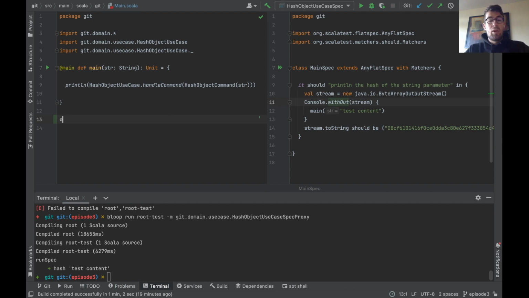So I'm going to create the main, and with ZIO 2 it extends, it used to be ZIO.app,